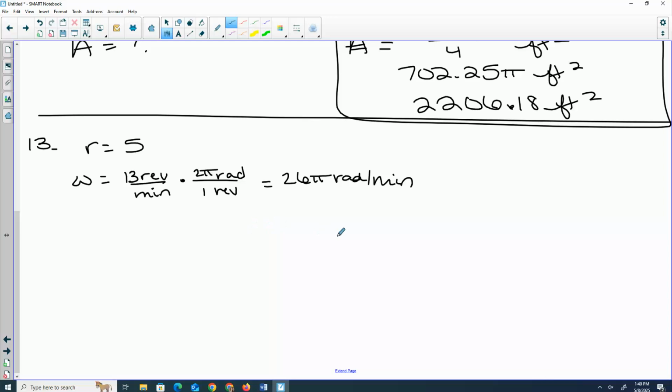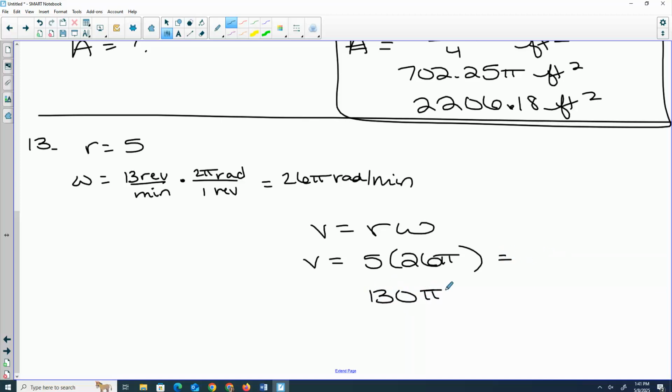We are looking for linear velocity, so we want v. So v equals r omega. 5 times 26 pi gives us 130 pi. Units, if you have extra units, those go away. Linear velocity, it's a rate, so it's something per something. Has to be a linear distance like inches, feet, miles. If we look, our radius was in feet, so we'll travel 130 pi feet, and our time was in